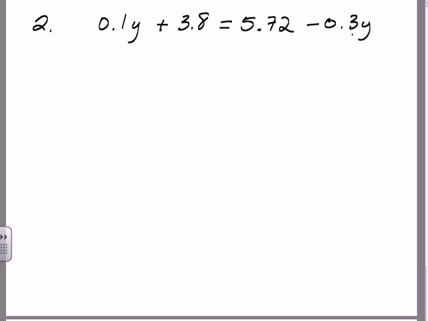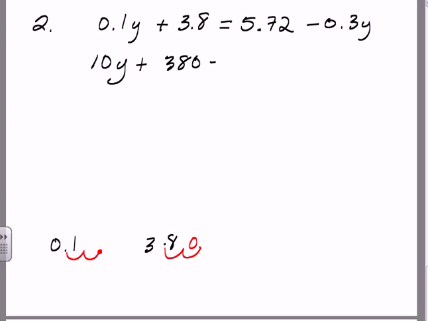So that means we've got to move every decimal over 2 places to get that digit over to the right. So if we move the decimal over 2 places here, let me do that first one for you. Move that decimal over 2 places, 1, 2. It ends up here. Well, we need to put in something here to hold its place, and that's going to be a 0. So we get 10y plus, move that decimal over 2 places, 3.8, 1, 2, we need to put something there, so that becomes a 0, so we get plus 380